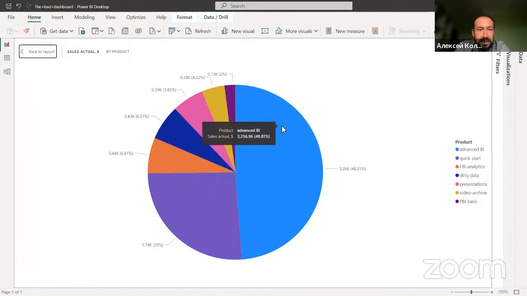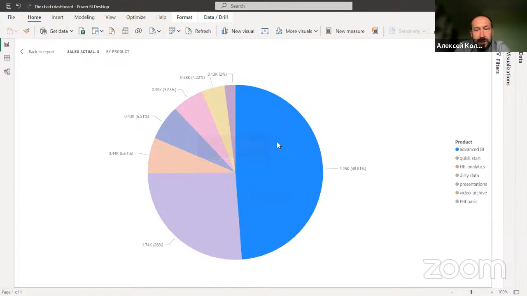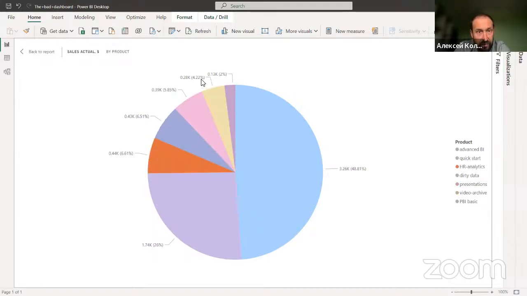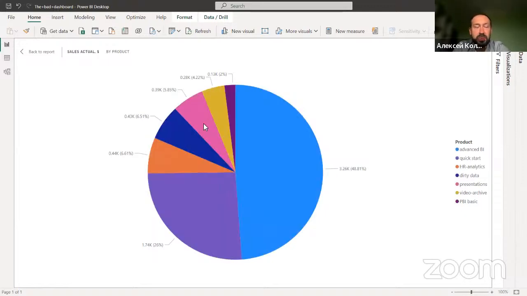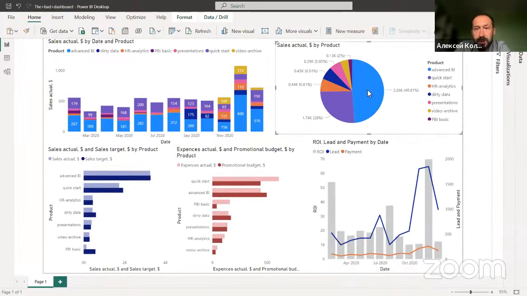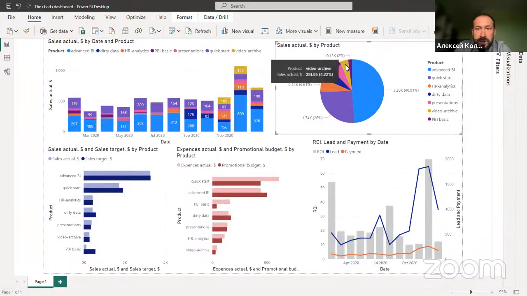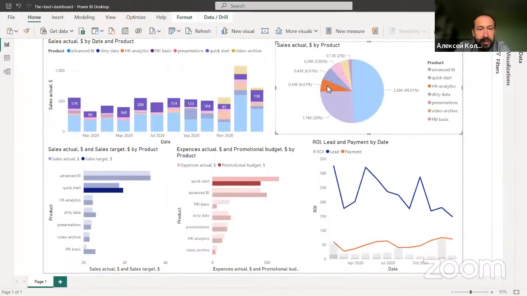I see that half of my sales comes to advanced Power BI, a quarter for quick start, and I have these small courses which have about 6, 5, 4% of my sales. But this structure looks good for a single screen. But here again, I don't understand at a glance what is a yellow sector, purple sector. And when I start clicking, what I see